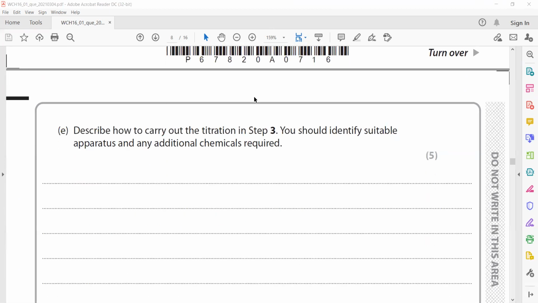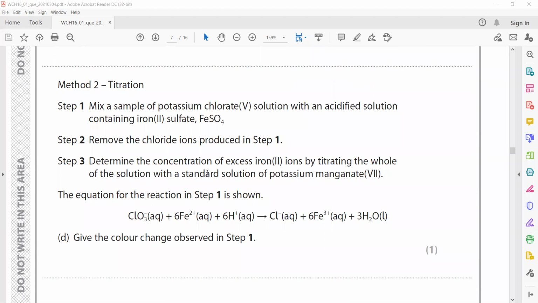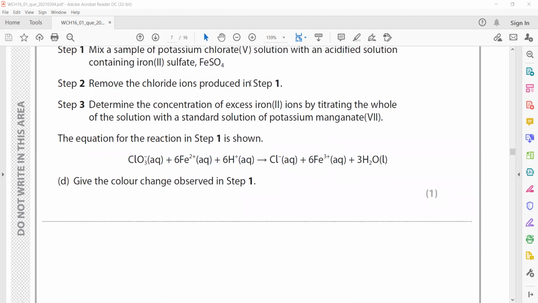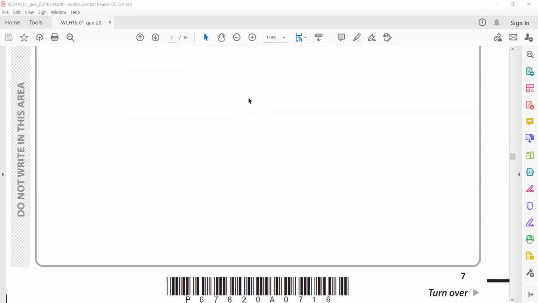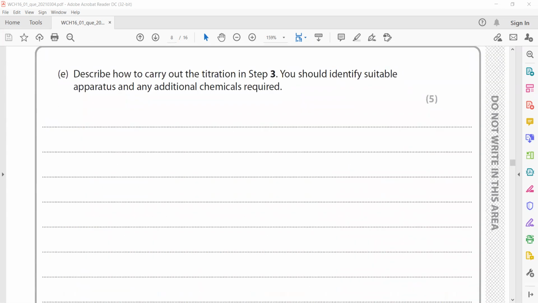Describe how to carry out titration step 3. You should identify suitable apparatus and any additional chemical we need. Step 3: we determine the concentration of excess iron(II), titrating the whole solution with standard solution of potassium manganate. So what we will do is pipette out, for example, 10 cm cube of that solution, or take out that complete solution. We will fill the burette with potassium manganate solution,